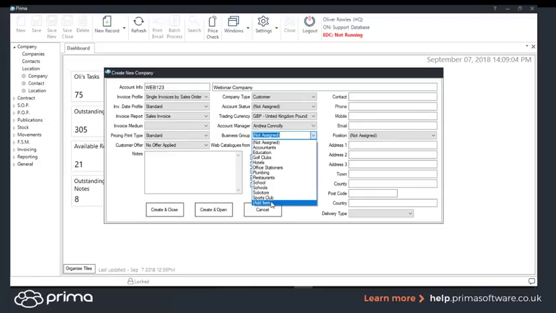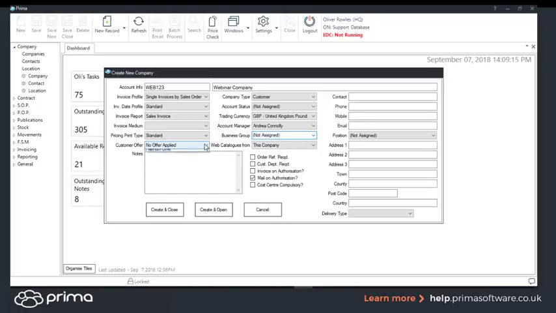So if you wanted to have schools, high schools and primary schools, you can separate into that as well. So you can just add item, create a new one, and that's in a list then to be used in future companies. Customer offer. So we have got a webinar dedicated to this, but effectively in Prima, what a customer